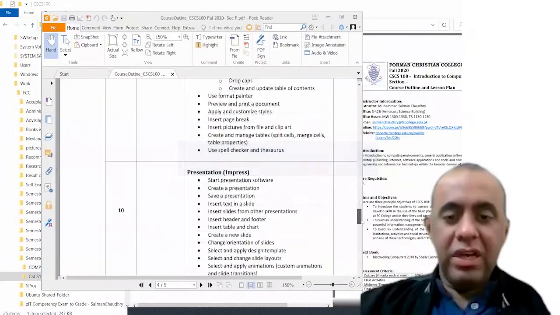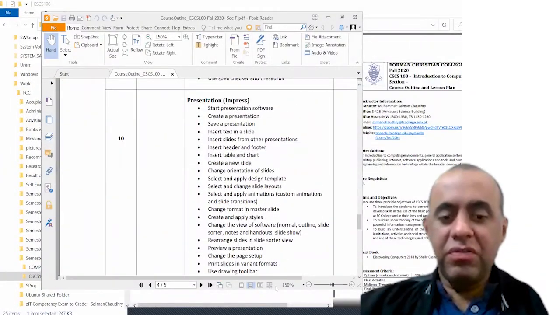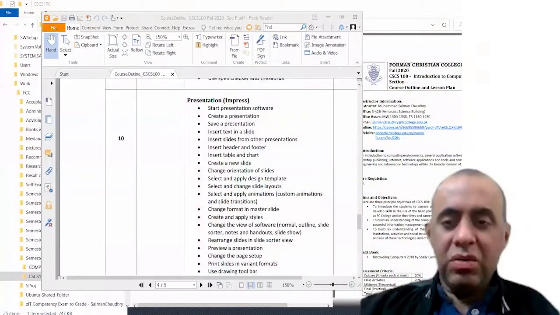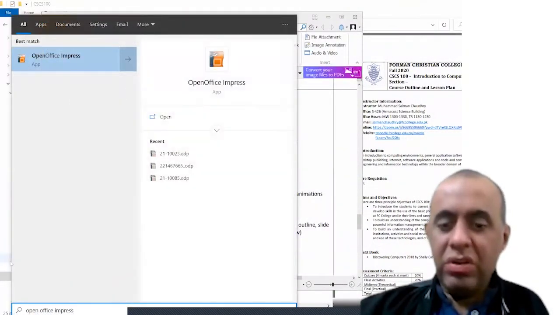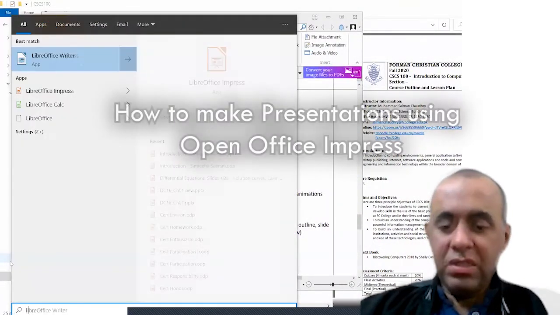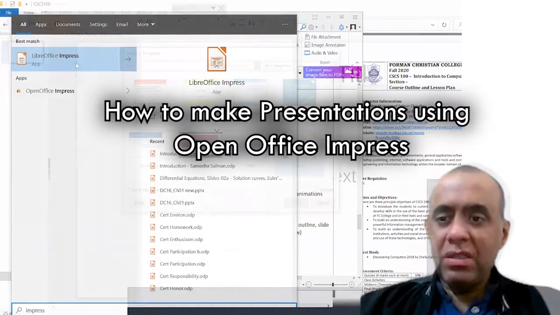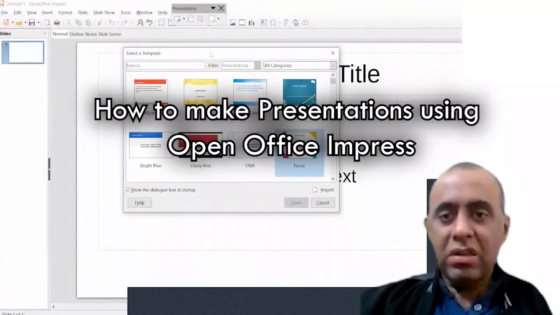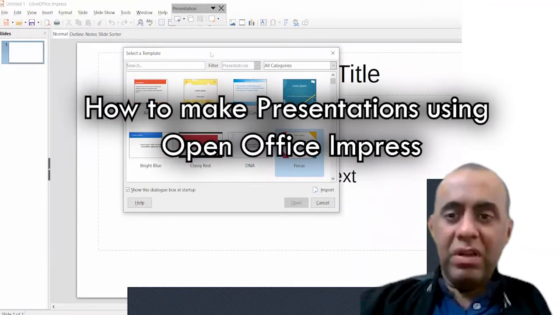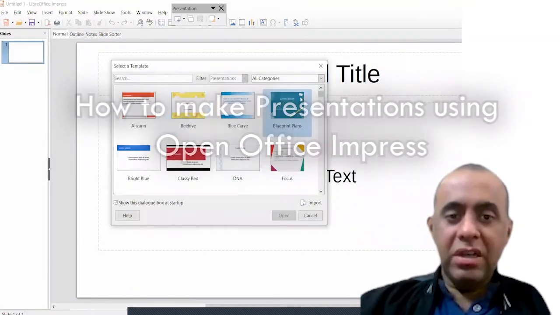Okay, so first we have to see how to start the presentation software. You either go to the OpenOffice Impress or you go to the LibreOffice Impress. Here we have the LibreOffice Impress. As soon as you start the software, I hope everyone can see how you select a template, which is